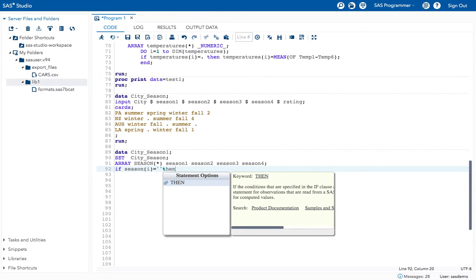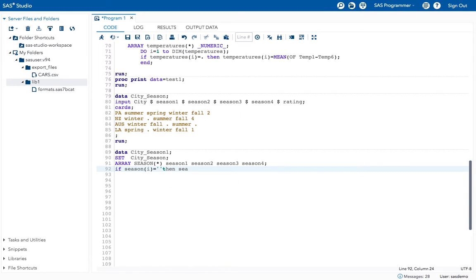Then season I equal to, I want to replace that with NA, and this NA should be in the quotations.